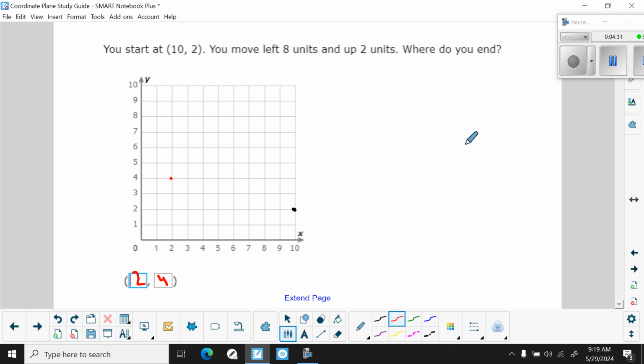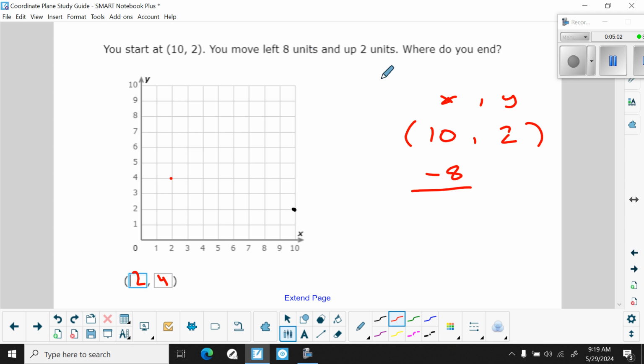Now, another way to think about this, and this is going to become helpful when you get to higher level math. If you think about it, moving left and right is the first number. This is your x-coordinate. This is your y-coordinate. So moving 8 units to the left means I'm going to take my x-coordinate and subtract 8 from it. And moving 2 units up means I'm going to take my y-coordinate